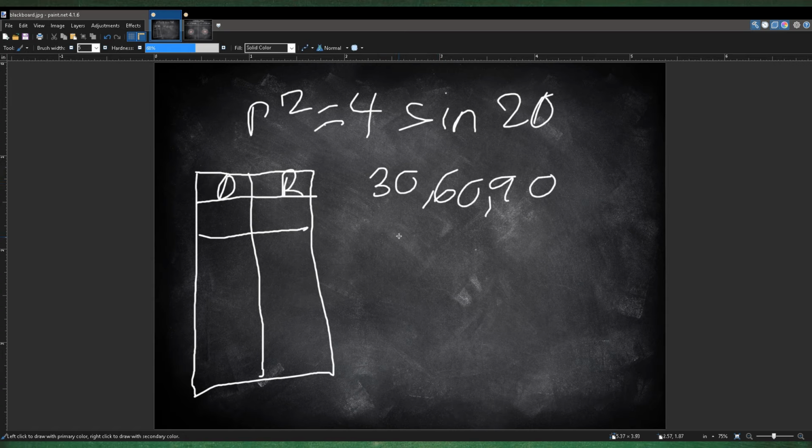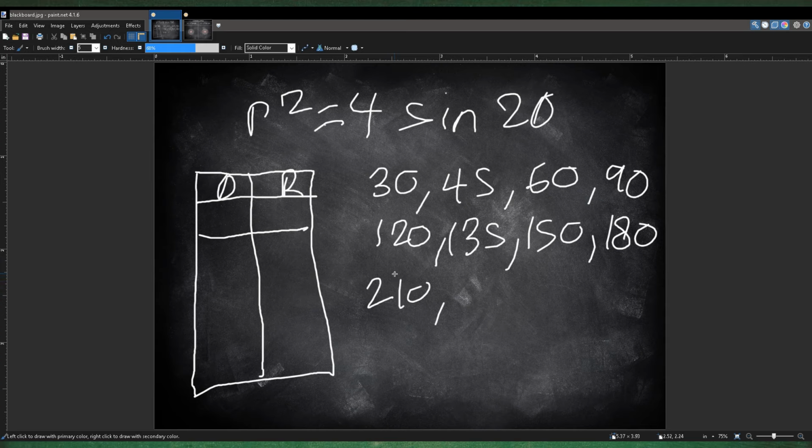So in the unit circle, you have to look for the 30 degrees. There's only a few of them that you need to look at. You need the 30 degrees, the 45 degrees, and the 60 degrees, and then you can go around the circle, which gets you the 90 degrees, and then you loop around to get the 120, the 135, the 150, and then the 180, and then you get the 210, the 225, and then the 240, and then the 270, and then the